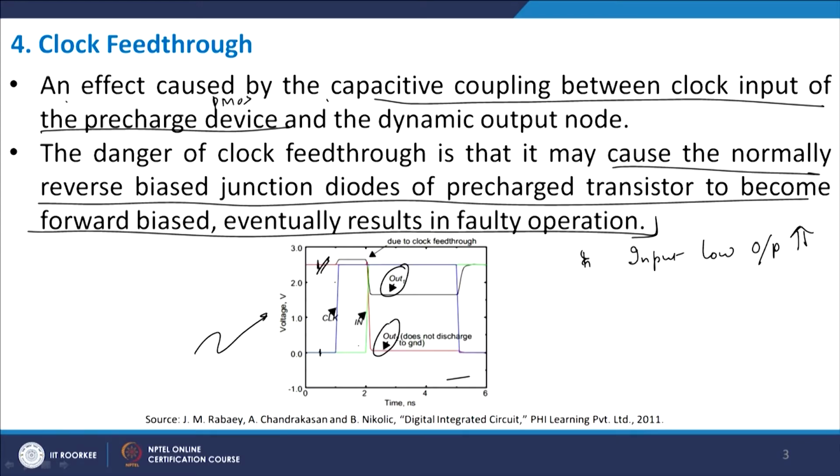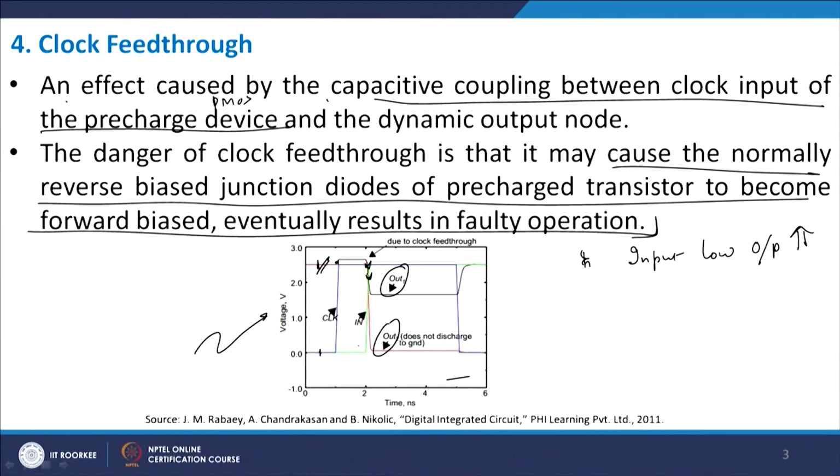As the clock starts to rise, you will have a push in the voltage here. So, the voltage goes slightly higher than the VDD value, and because of clock feed through, it goes high. It remains high till the clock remains high, and then when the input starts to rise, the output will start to fall, because let us suppose A and B are both high and you have an AND gate available to you. Then when A and B are both high, the pull down network switches on, you are into the evaluation phase, and therefore, the output voltage starts to fall. The output 1 starts to fall down, and this is what is happening here.